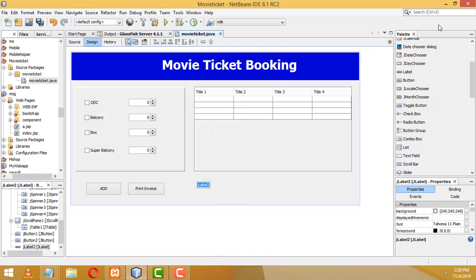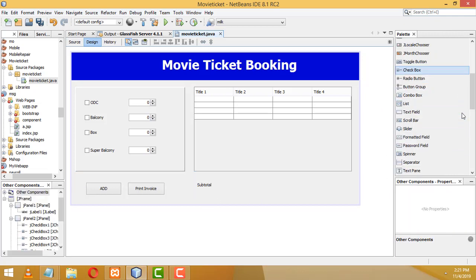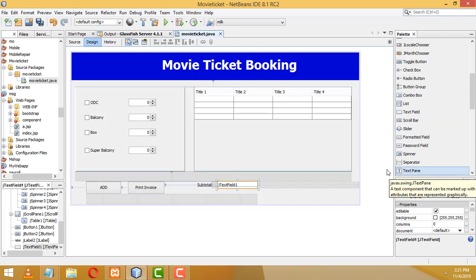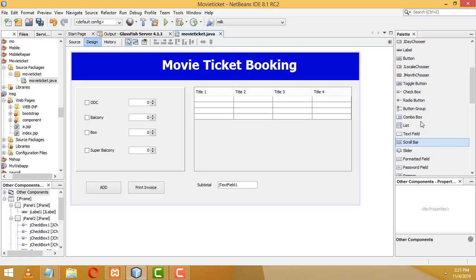This one should be subtotal. Here we have to drag one text field. After the same thing, you have to get it. Another thing is go to here, drag another label. This one should be the balance,